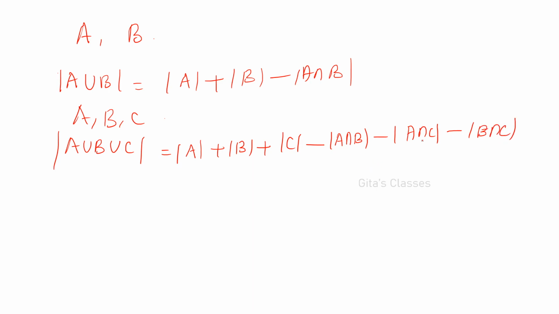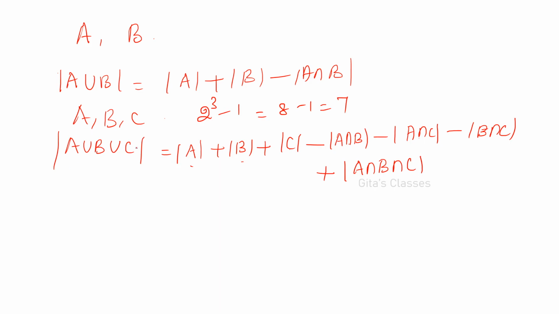Then all the two combinations are over. Next is 3. Taken 3 at a time, it should be plus. We started with plus, then minus, then plus: cardinality of A intersection B intersection C. How will you check whether we have written it correctly or not? How many variables are there? 3, right? So 2 power 3 minus 1, that is 8 minus 1, 7 terms should be there. How many are there? 1, 2, 3, 4, 5, 6, 7. So you have written all the terms.